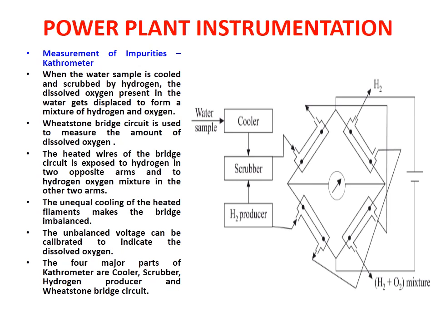In this lecture, we have seen the various types of impurity measurements: conductivity, pH value, that is hydrogen ion concentration, and then the dissolved oxygen gas analyzers, that is the Wallace and Tiernan dissolved oxygen analyzer and this katharometer. In further lectures we are going to see the next points related to power plant instrumentation. As it is a very lengthy part, we are distributing the various points of power plant instrumentation across various lectures, so that it is very easy to understand for all of you.